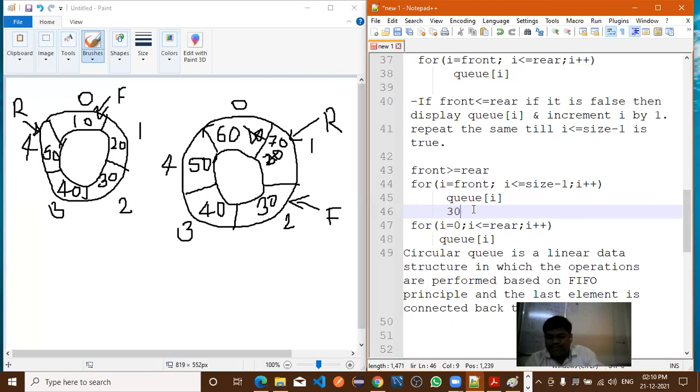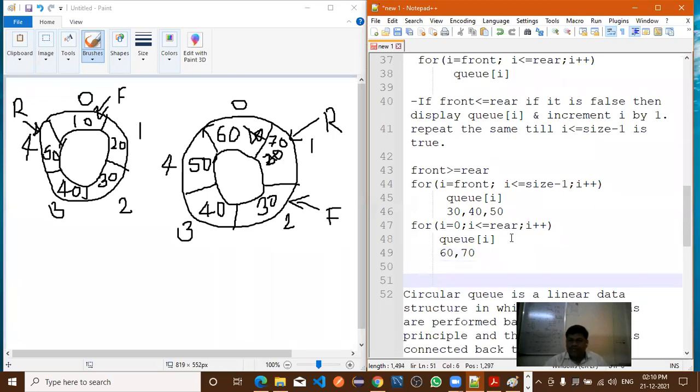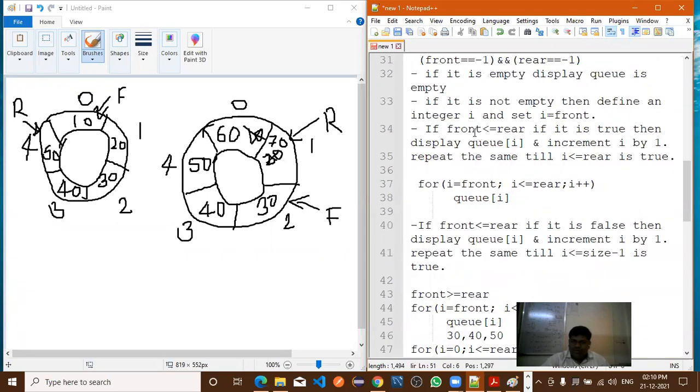How many elements did we display? 30, 40, 50. Now by using this for loop, which elements? 60 and 70. Okay. Is there any element remaining here? No. Now, once again, all of you got it.